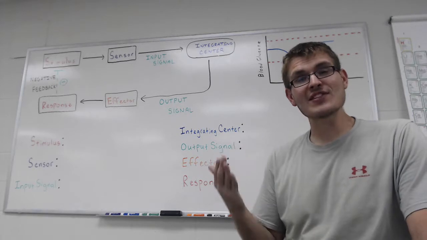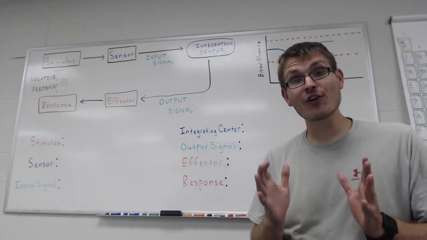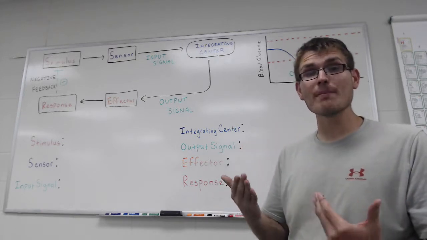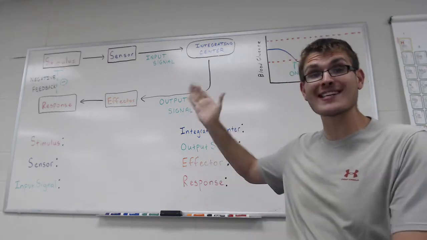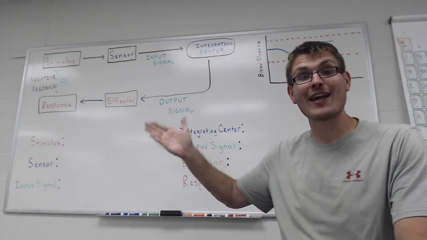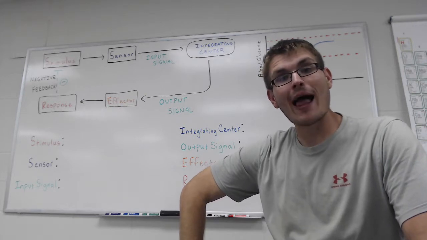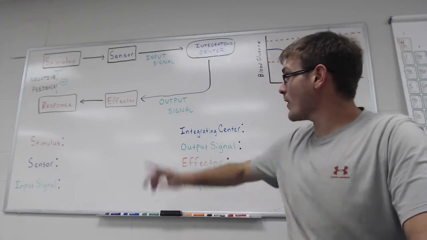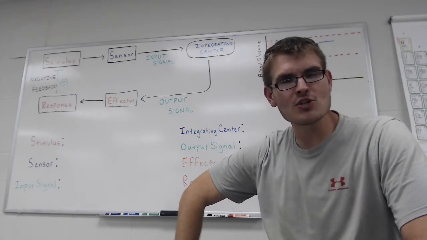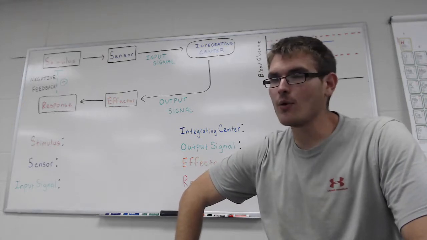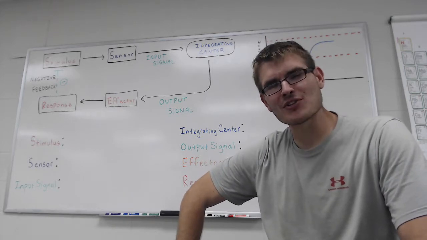So even though we have separate individual homeostatic mechanisms for each one of those parameters, the nice thing for us as we study this is that you can break down each homeostatic mechanism and strip it down into a number of different components. And these components, thankfully, can be found in every single mechanism. So a homeostatic feedback mechanism that will act to correct any problems will always start with some kind of a stimulus. Your stimulus might be, my body temperature is too high, my blood glucose is too low, my blood pressure is too high, etc. So generally it's going to be something's too high, something's too low.